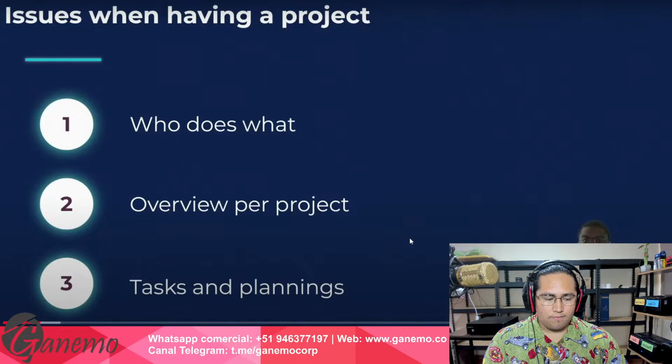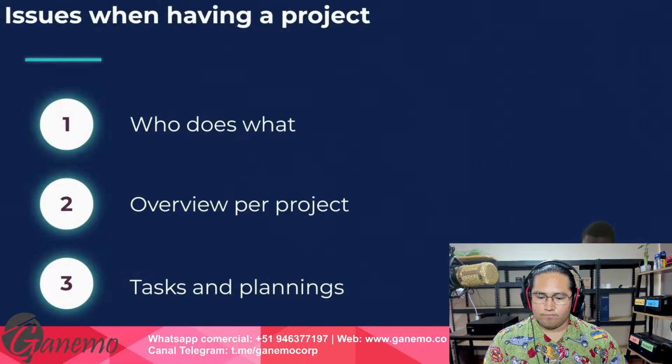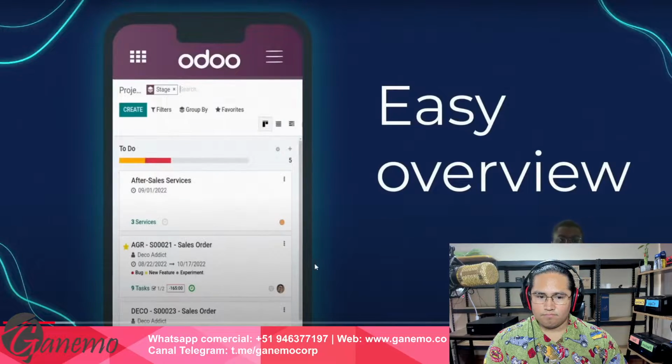Most of my clients has is the planning itself. Having a Gantt view or even do your planning might seem like something cumbersome, something that is not as useful as it should be given the amount of time that you spend on it. With Odoo, you will be still able to do your Gantt view, but in a quicker manner, which makes it also easier for every one of your employees, but also every one of your managers. So let's see 3 of the different views that you're going to get with Odoo, and then we're going to start with different examples. Here's the first view where, as a manager and a director, I will be able to see every one of my projects quite easily here.